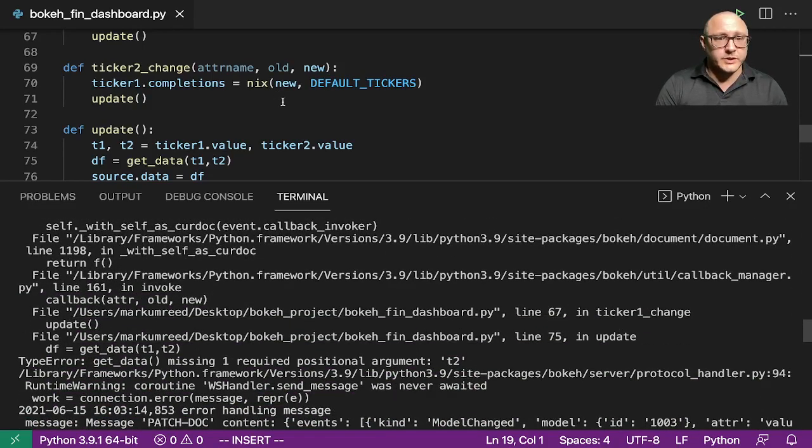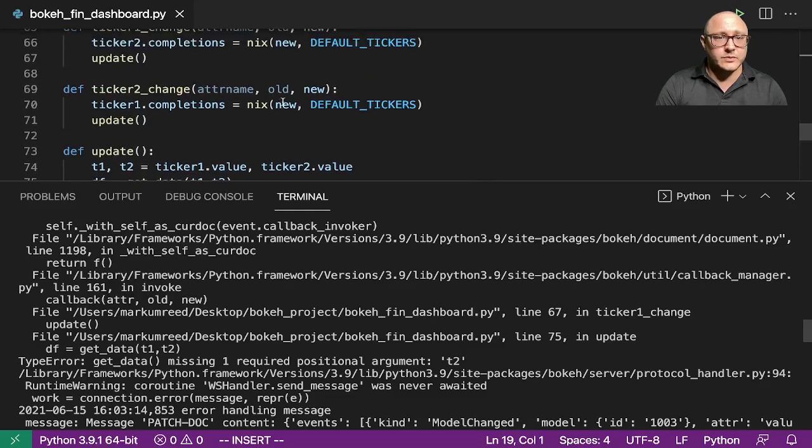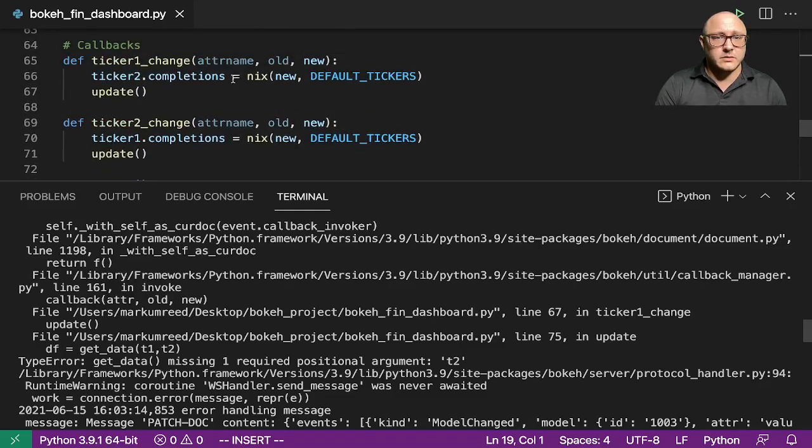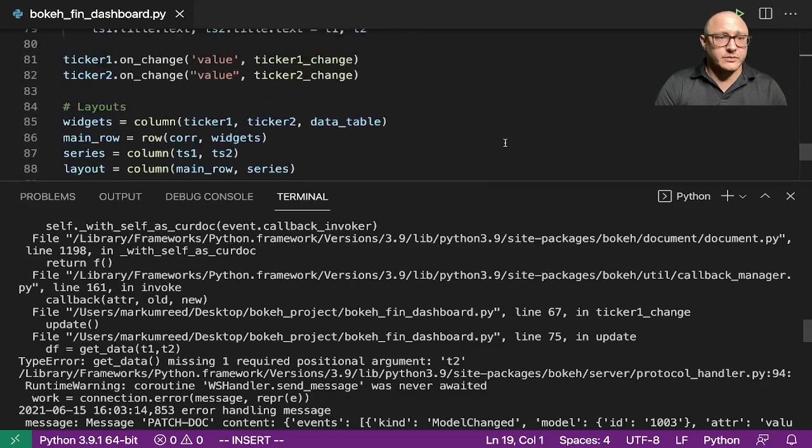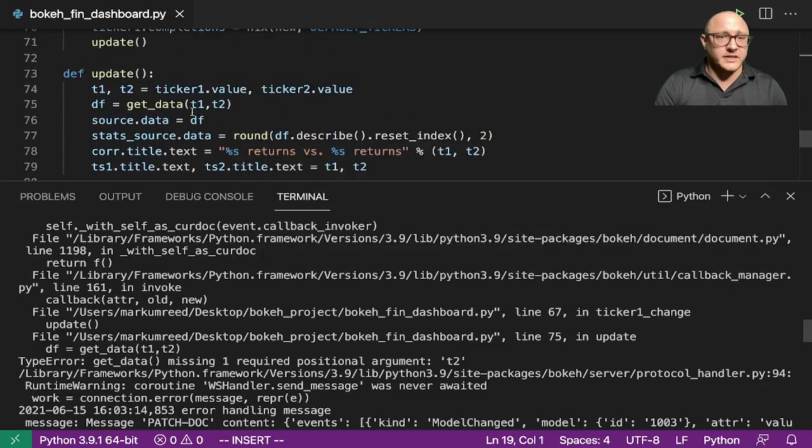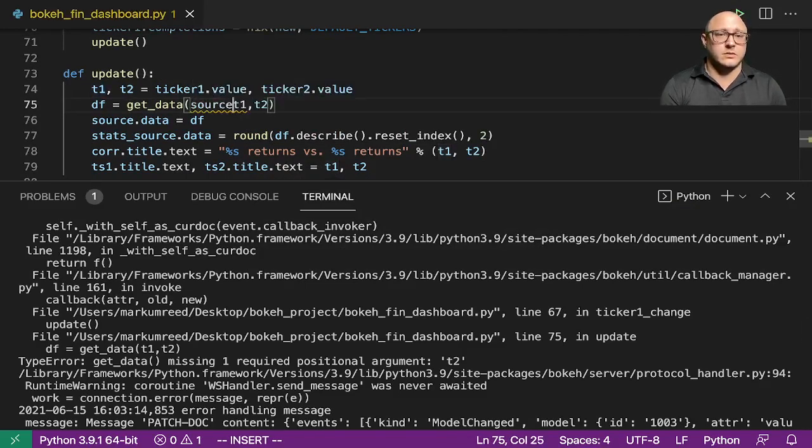All right. We changed our ticker values, right? Completions, ticker values, completions. 75, there's an issue. 75 is get data. Oh, okay. So source data